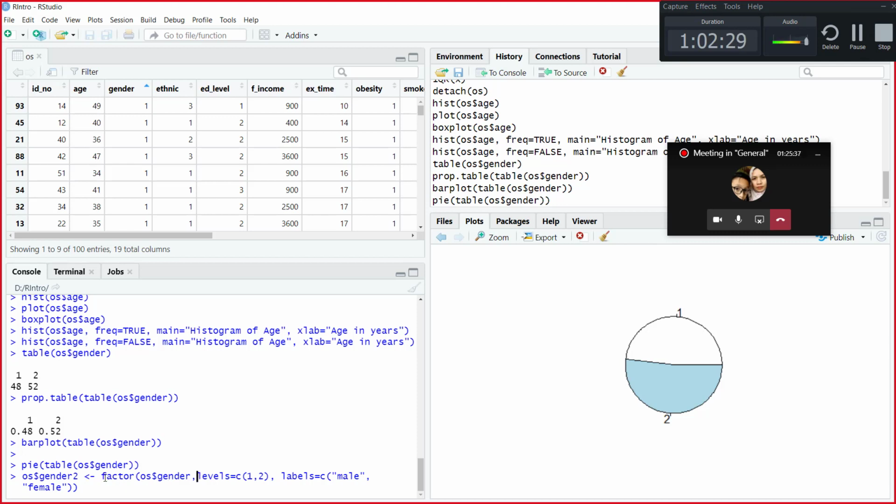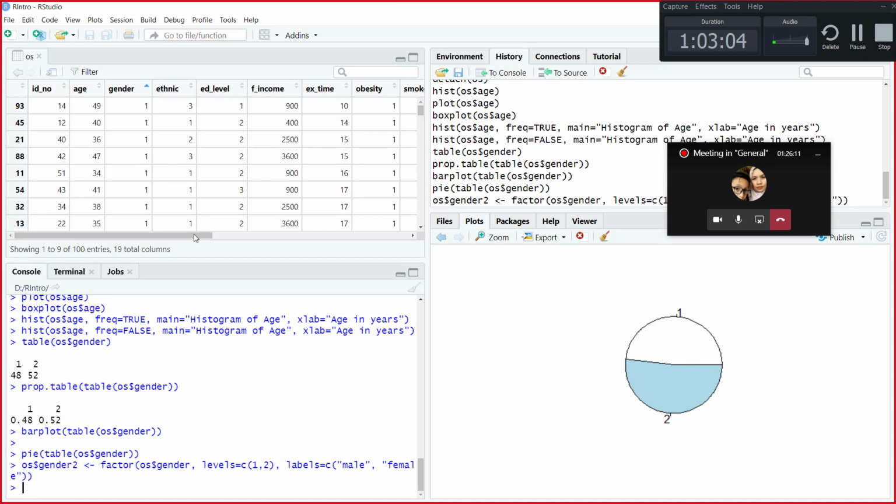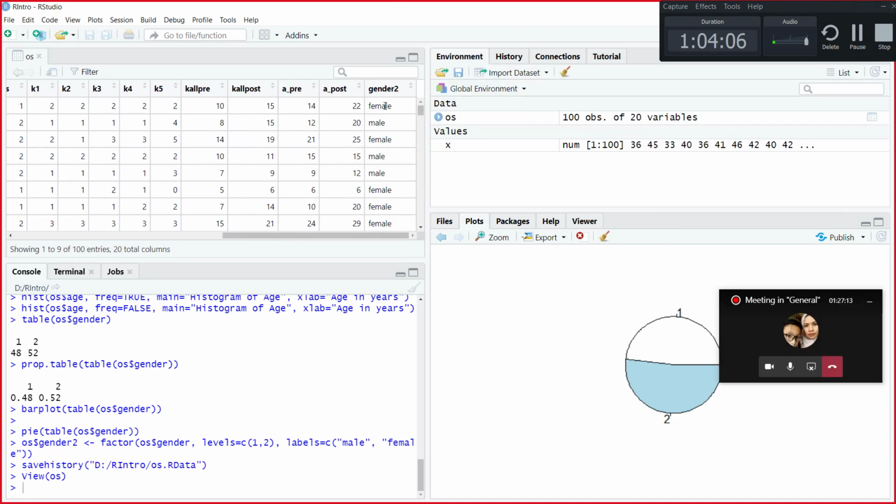So it comes from which variable? Factor OS gender. So we declare that inside there are levels of 1 and 2. C is for categorical. So then we have again labels. Categorical, 1 is male, 2 is female. So we have the levels. Levels are 1 and 2. The label for the levels is 1 is male, 2 is female. So when you type this, you press enter, a new variable is created,